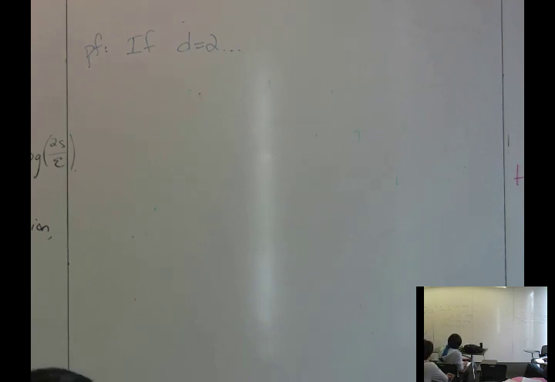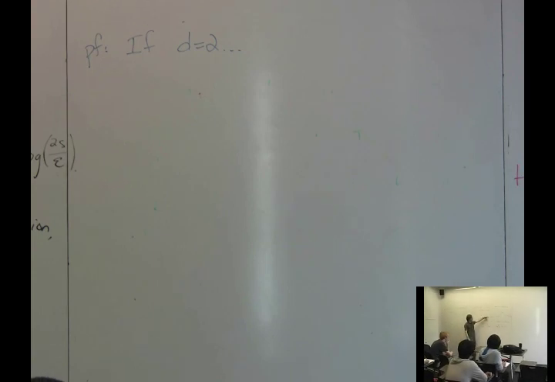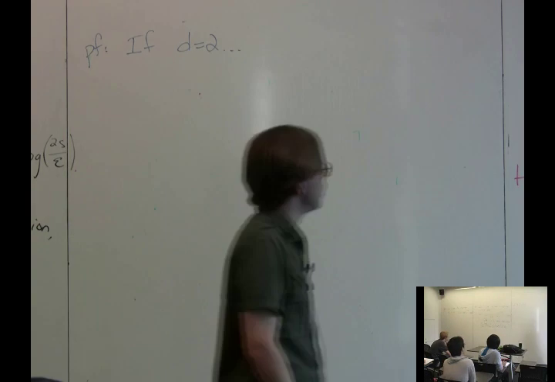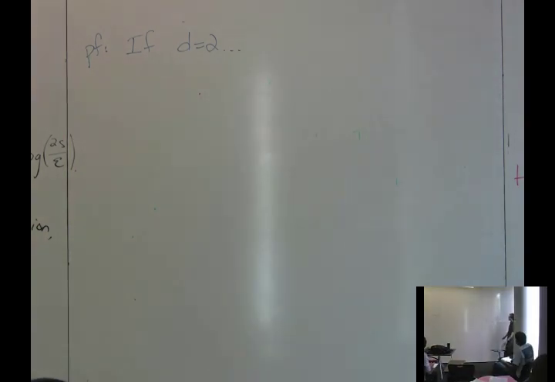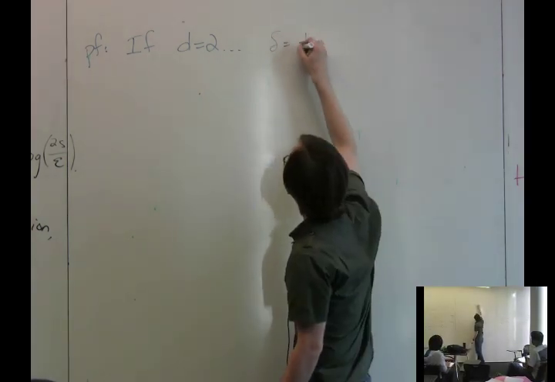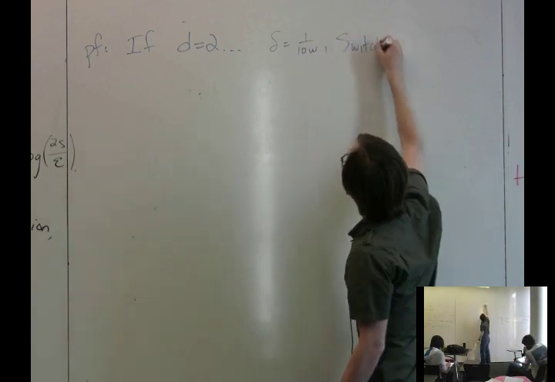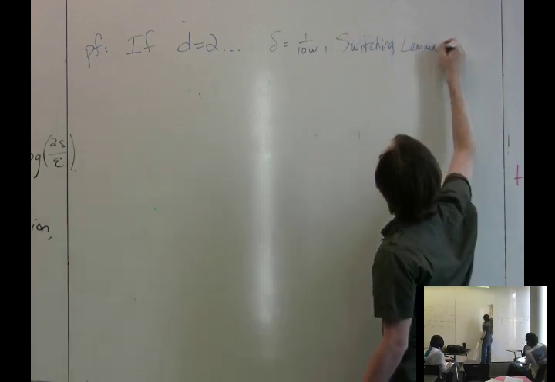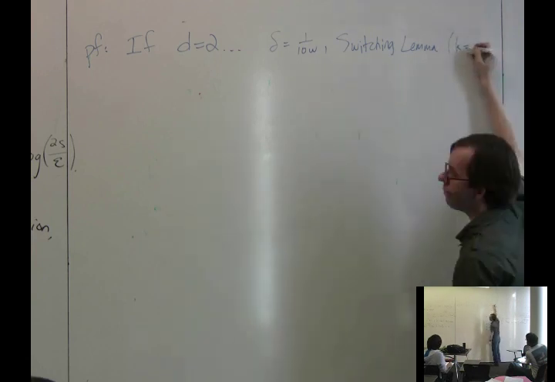So we need to prove that if you do a 1 over 10W random restriction to a size S DNF, with W DNF or CNF, the probability that the restricted function's decision tree complexity is at least log 2 over epsilon is at most epsilon. Well, it just follows immediately from Håstad's switching lemma. D equals 2, so delta equals 1 over 10W. The switching lemma just directly says, with K taken to be log 2 over epsilon,